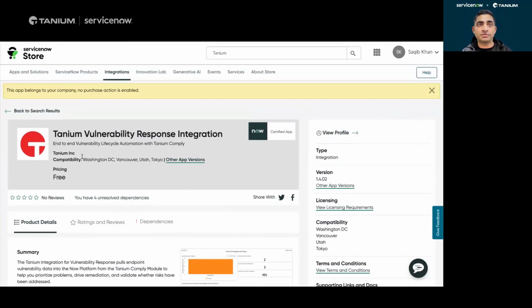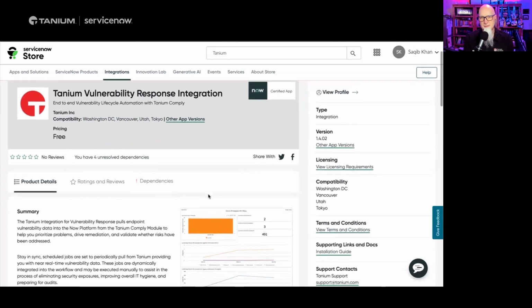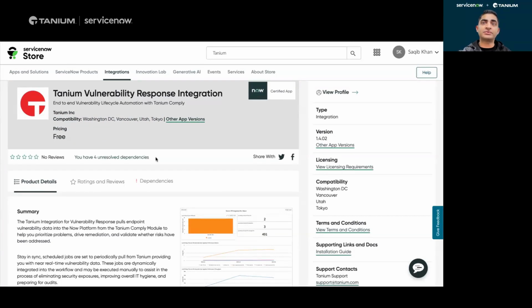Now it's compatible with pretty much all of the recent releases, and soon it won't be compatible with Tokyo. So please make sure you are on the last 3 releases. We're waiting on a cloud service to do that for us in the background. How long does it normally take for that to happen? It really depends on how quick they turn around the entitlement for you, but typically it's less than 5 to 10 minutes. As soon as you click get, you should be able to see it almost within 10 minutes or so in